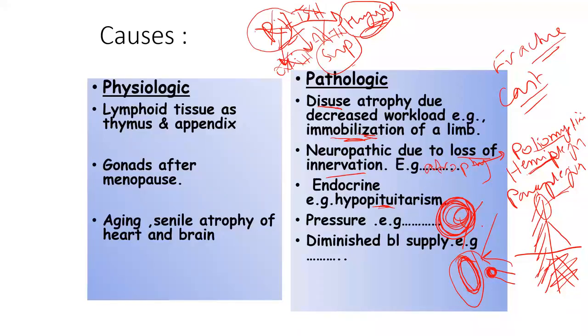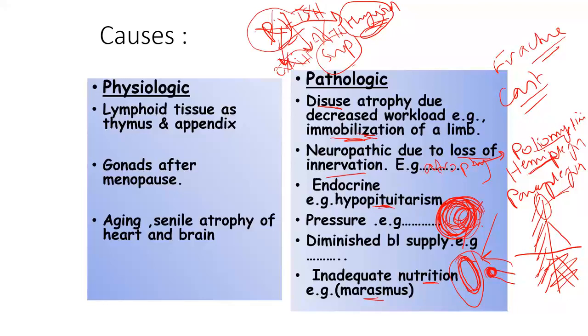At last, we have inadequate nutrition, as in cases of marasmus. Marasmus is a form of hyponutrition leading to marked atrophy of the different muscles in the body. So inadequate nutrition, whether it is just inadequate protein nutrition or total inadequate nutrition, which is malnutrition diseases, will lead to atrophy. And all these are pathological causes of atrophy: disuse, neuropathic, endocrine, pressure, diminished blood supply, or inadequate nutrition, as in